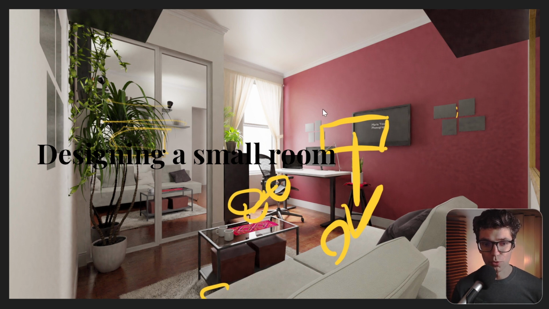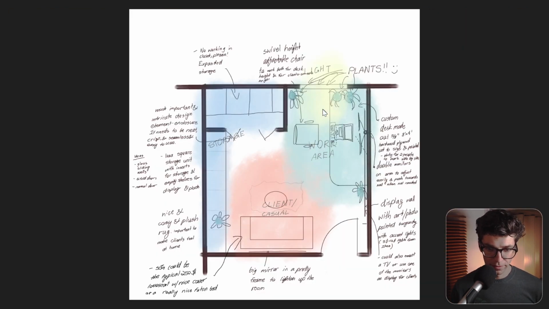Alright, so this is a small room. It's about 10 feet by 10 feet, or 2.5 to 3 meters. Very tiny, and with any project, I usually start out with a sketch. A sketch could be as complex or as simple as possible. In this case, the sketch actually captures a lot of information about plants, about the desks. And this is mostly for my own good, to understand exactly what I think would work well in the space, but also to speak with the client, in this case my sister,